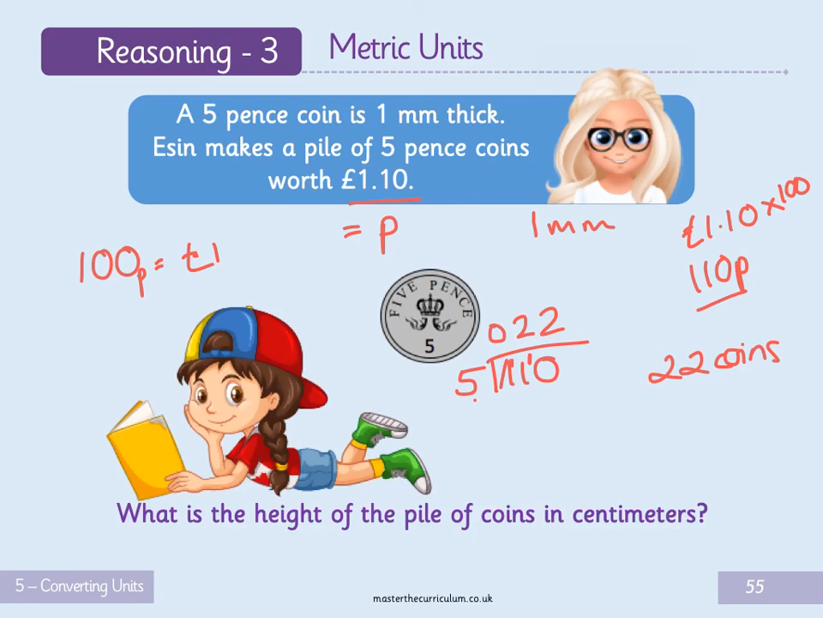Okay, that's how much she's used. So therefore each one is 1 millimeter thick, so it's 22 millimeters altogether. How do I write that in centimeters? Oh, that's an American spelling there. In English spelling we spell R-E. Anyway, 22 millimeters. Okay, we need to divide by 10 because we know that there are 10 millimeters in 1 centimeter. So our answer would be 2.2